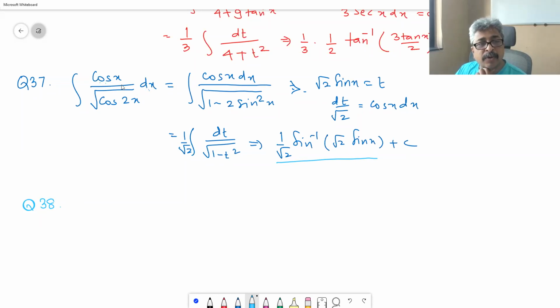The one who is along with dx, if it is a derivative then it is easy. Cos x is derivative of sin x, so your attempt should be to get sin x in the denominator. Otherwise